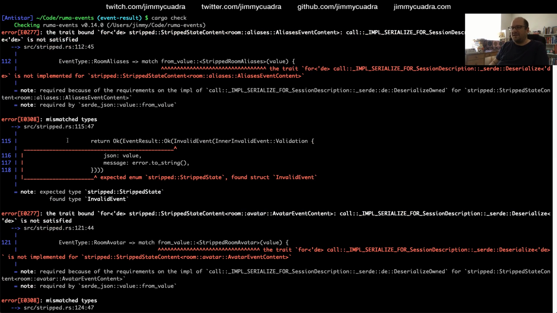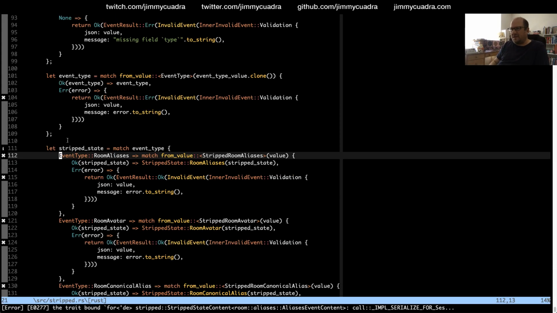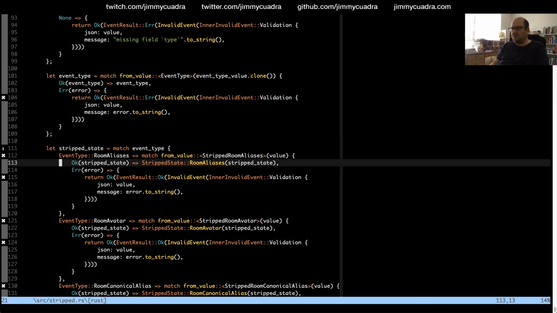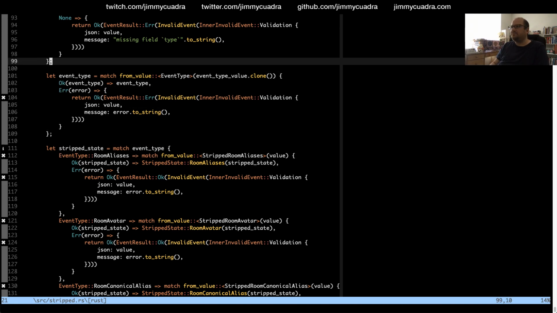So I'm revising the API of this library to do that. I've done most of the library now, and there's just a few types remaining to be changed to this new API that handles deserialization better.